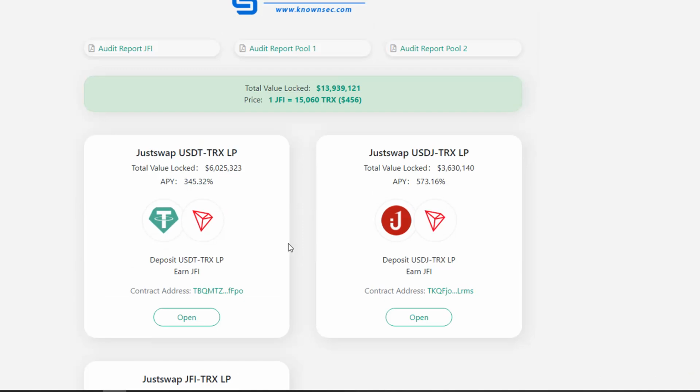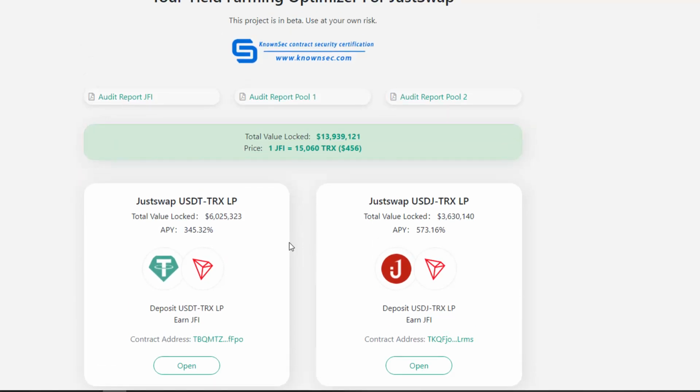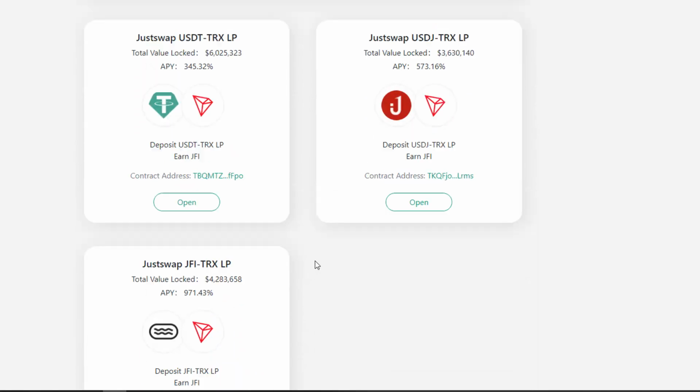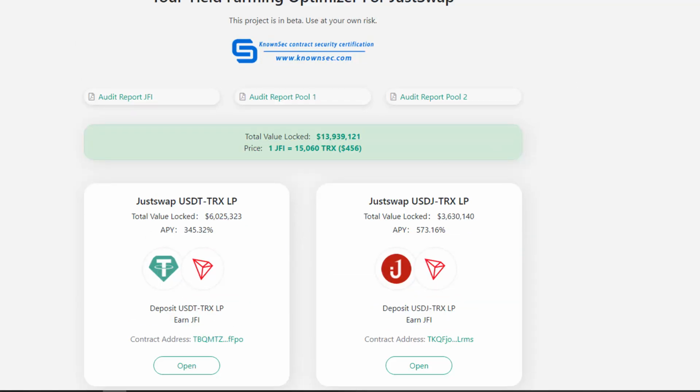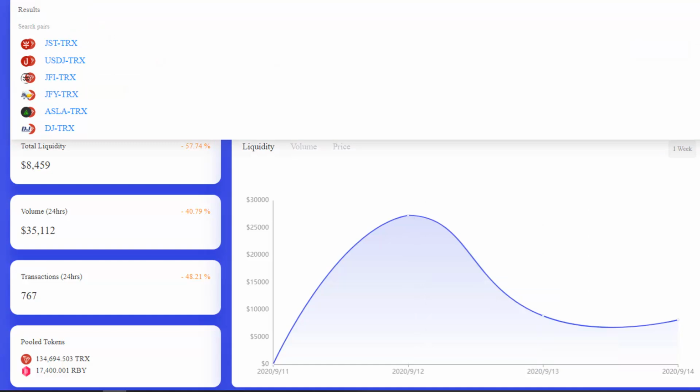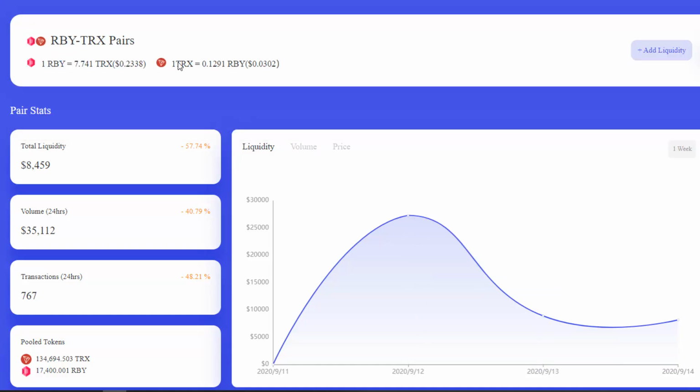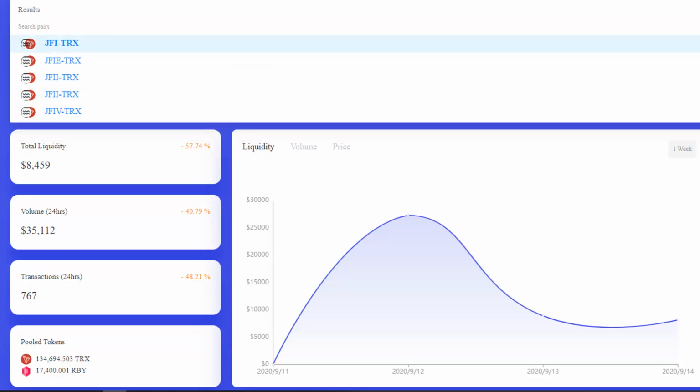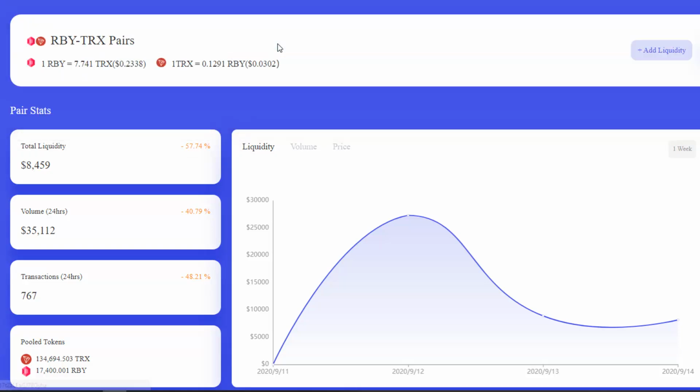So what's that going to do? It's going to bring more money into the actual pool, and the liquidity is going to go up. So the liquidity is the easiest way to tell whether the project's dying like this, or it's going up. It's gaining value. It's going up. People are getting into it. People are staking it, providing liquidity.